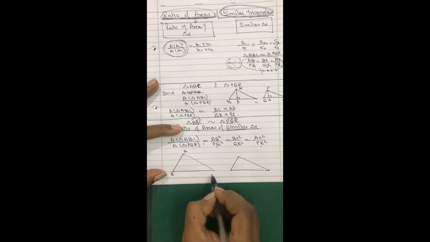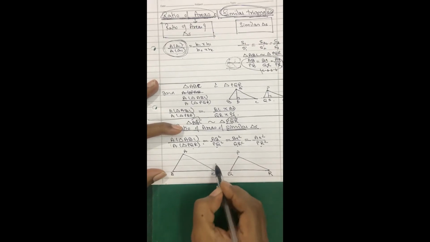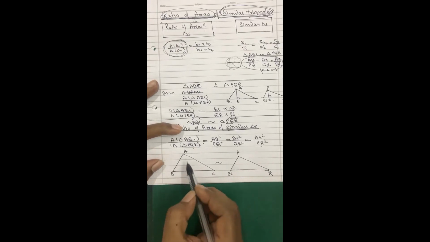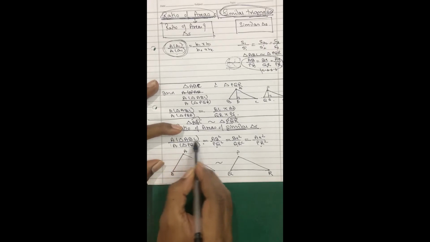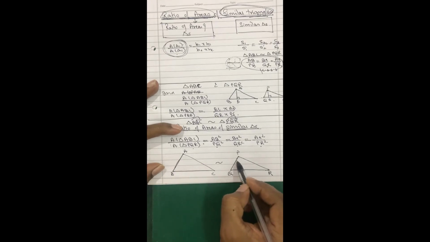A, B, C, P, Q, R. Now we have understood that if triangle ABC is similar to triangle PQR, then definitely area of triangle ABC upon area of triangle PQR will be equal to AB square upon PQ square